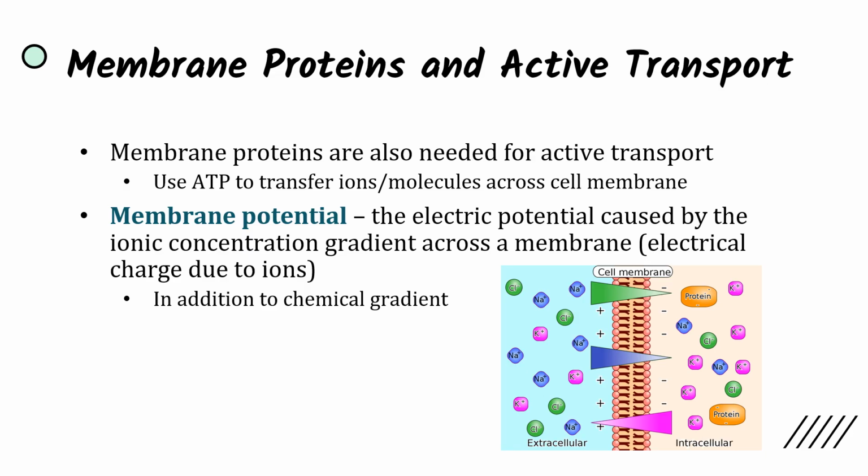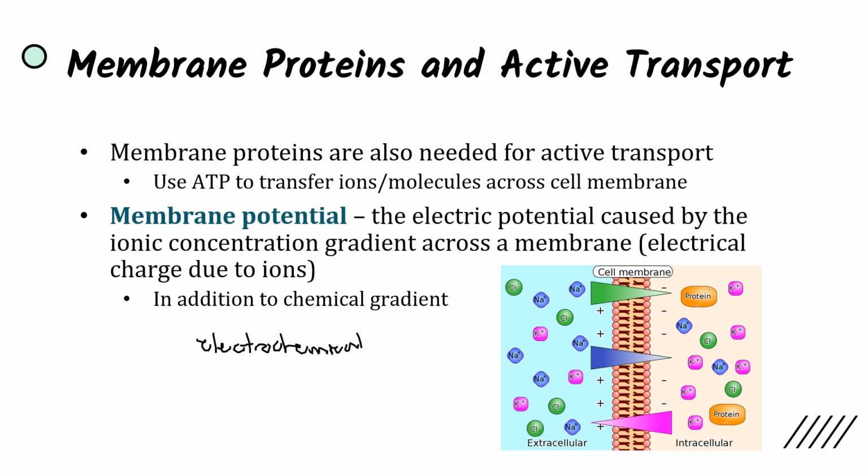Now, here, there's also a new term we need to introduce, which is the membrane potential. This is the electric potential caused by the ionic concentration gradient across a membrane. So basically, the electrical charge on either side of the membrane due to ions. And we have this in addition to the chemical gradient, which is just the concentration gradient, which side of the membrane has more of the kind of ion. And together with this electrical charge, this membrane potential, along with this chemical gradient, we get what's known as the electrochemical gradient,